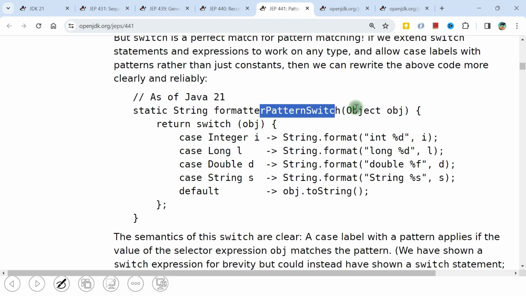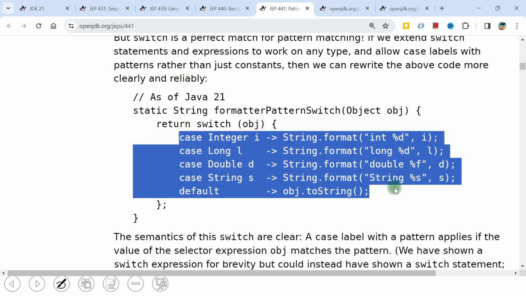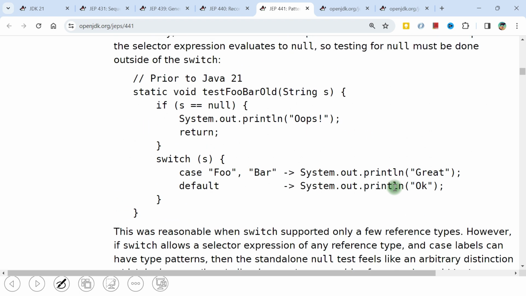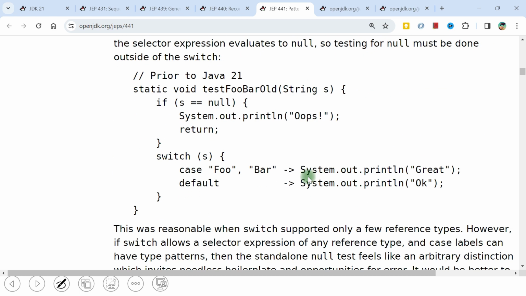Formatted pattern switch. So the object, we did it: switch object, Integer, String.format. As part of returning this, it can return directly from here, right? You see how many lines we reduced, and it is more readable now. That's all about pattern matching in switch expressions. It can help us a lot in reducing lines of code and making it more readable. Moving to the next one that we have,